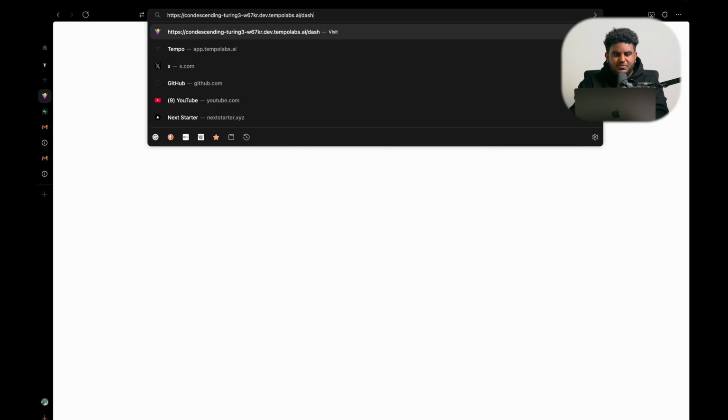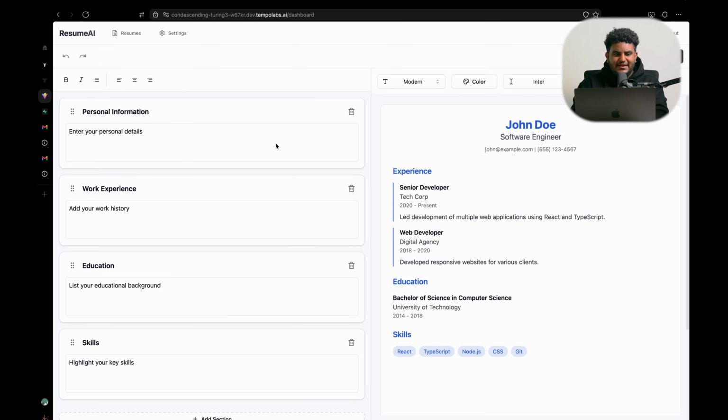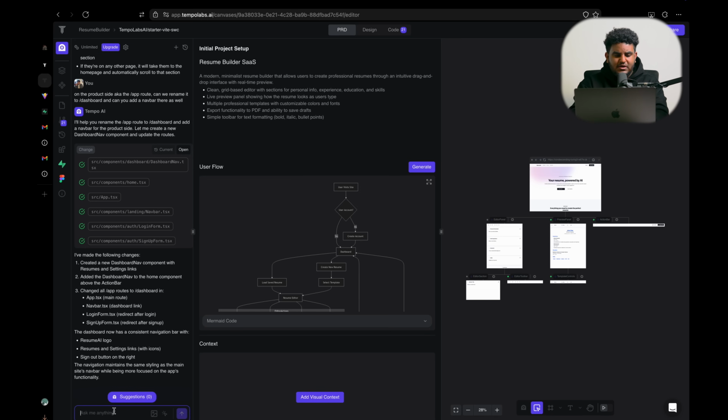Changes made. Let's go back to our application. It should be /dashboard now, and it is. And we also have a nice nav bar where I can sign out. I could click on resume settings. Perfect. So what I want to do is when I click this, it should be able to take me home. So on the dashboard